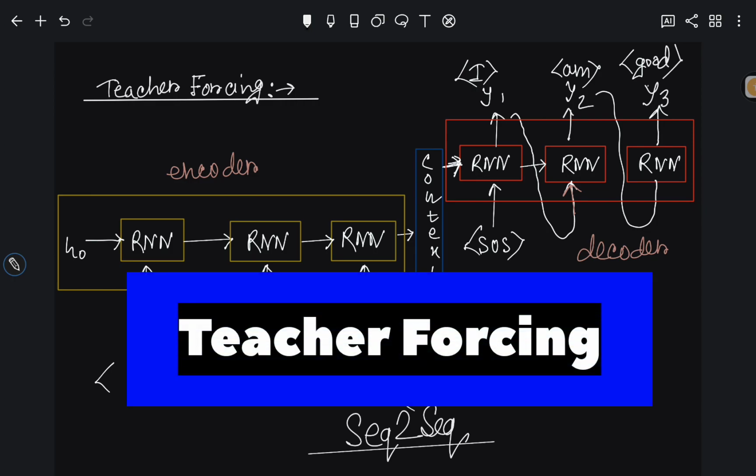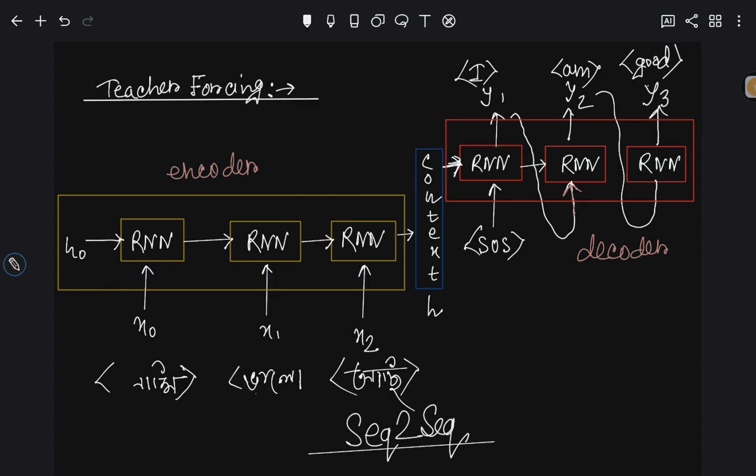Before moving into the code, the one thing I wanted to discuss was teacher forcing, a concept we will use in this coding session. So let's first understand what teacher forcing is. If you remember, in a sequence-to-sequence model we have an encoder and decoder architecture, and we pass our input sequences in the encoder side, and we get the corresponding translated version of those sequences at the decoder side, right? And during the training step,